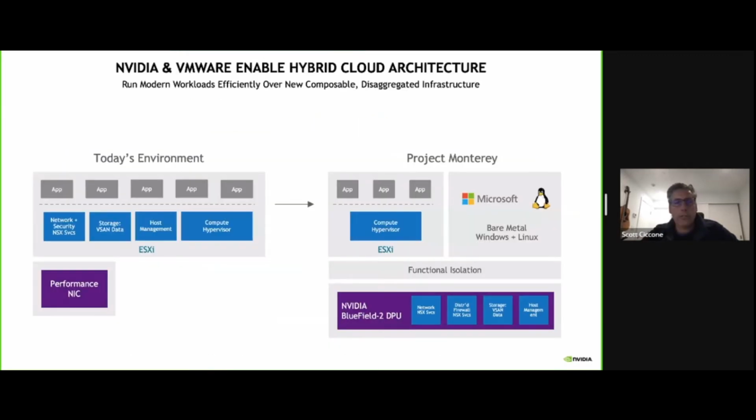So the first here is cloud. Some of you may have heard about Project Monterey. Project Monterey is a re-architecture of VMware's cloud foundation from the hardware up to support various application requirements, such as customers that deploy modern cloud-native applications over VCF. Again, VMware's cloud foundation. VMware's Project Monterey is an industry-wide collaboration to integrate DPUs, including Bluefield, and extends VCF